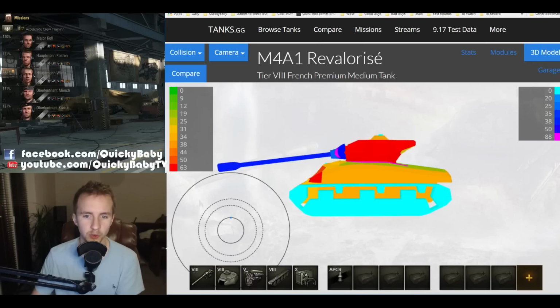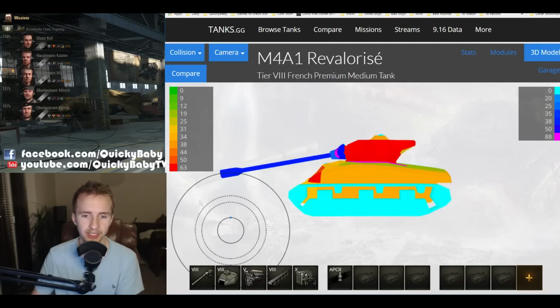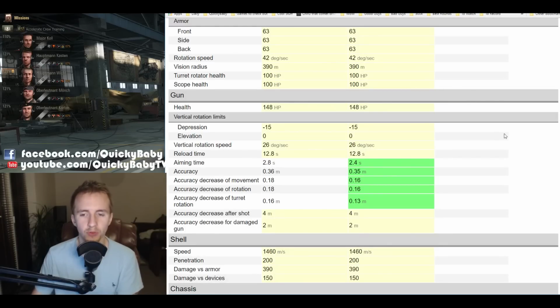Look at the big difference between 916 here and 917. This should make the tank massively more flexible on the ridge lines. And if 3 degrees of gun depression wasn't enough, the tank is also getting a buff of 0.4 aim time